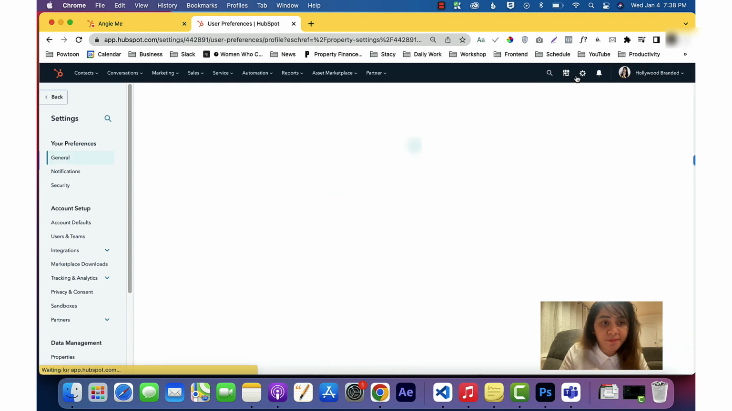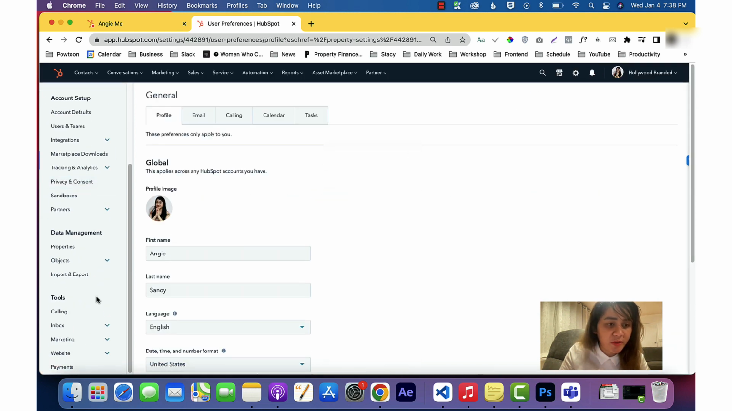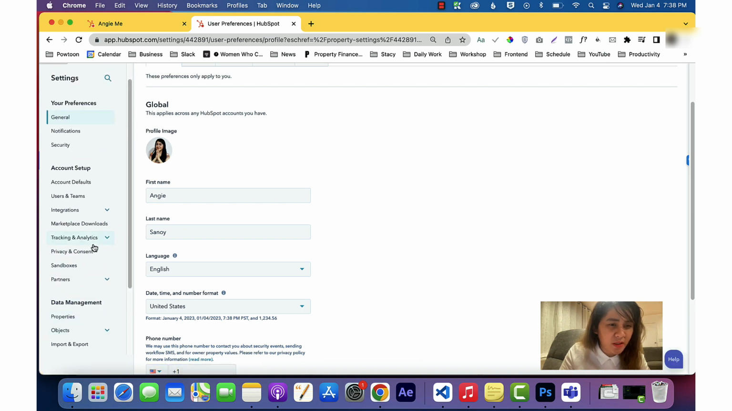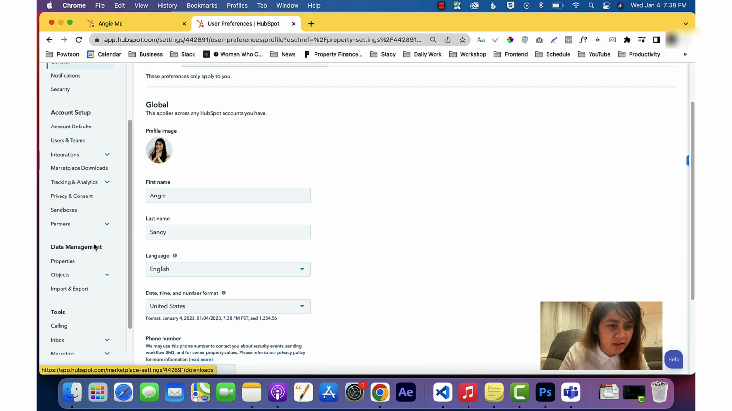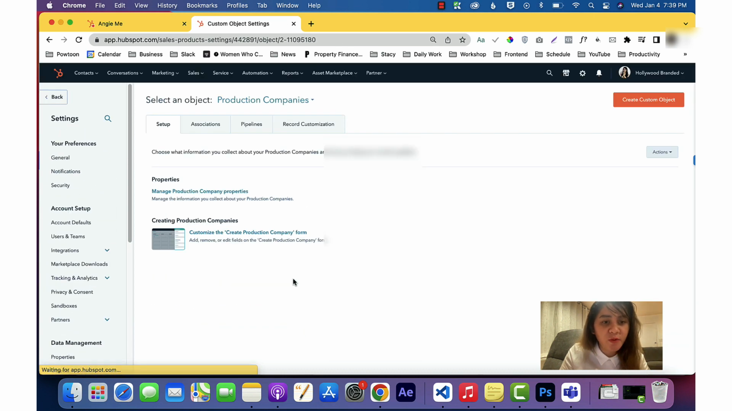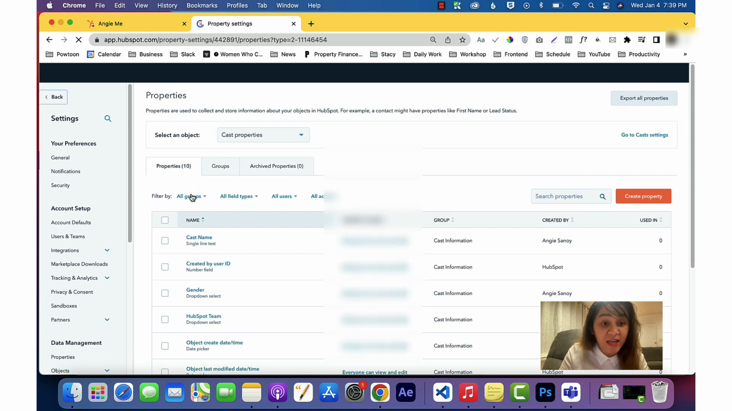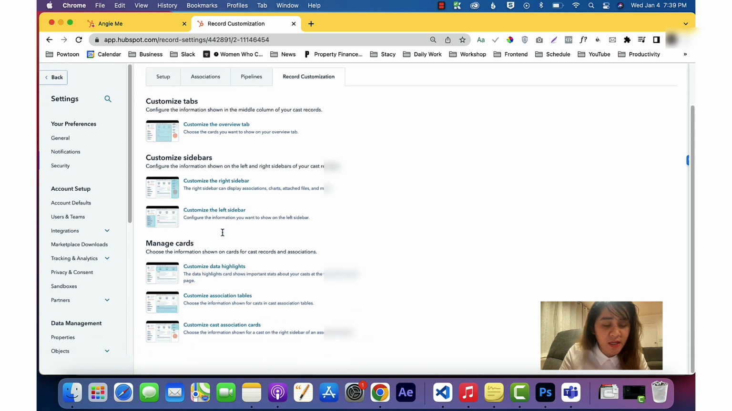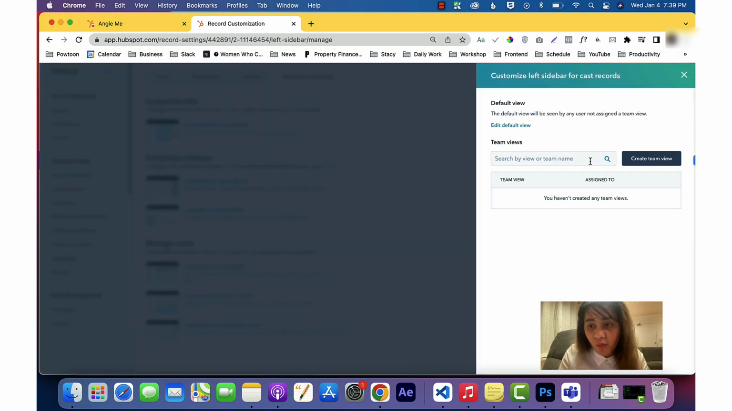which can be found obviously on the gear icon, and go into the objects. Where's the objects in here? Can't see it here. Go to the custom objects, go to the cast, and then manage cast properties, I'm sorry. So go to the record customization, and then on the left panel,